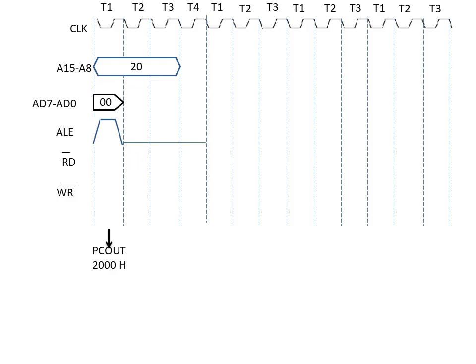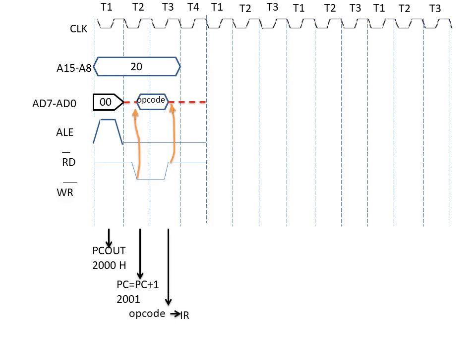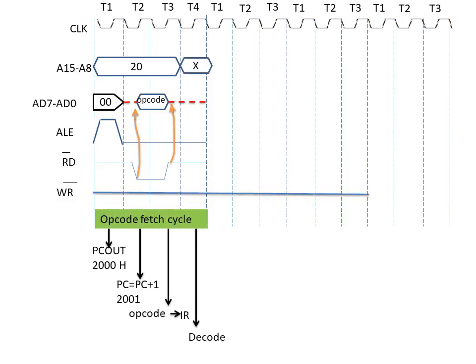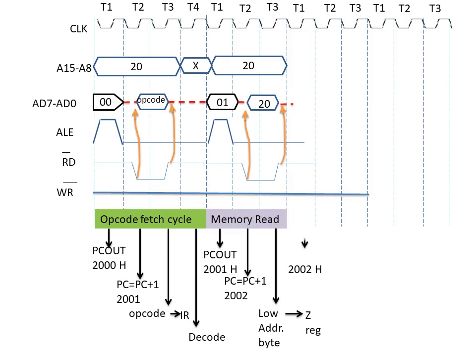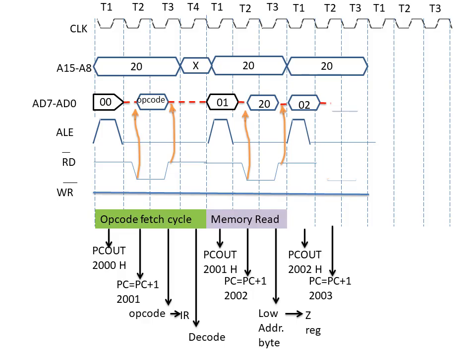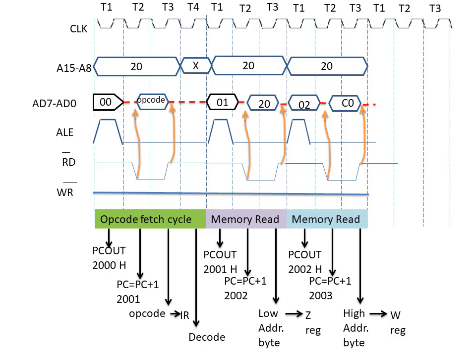Let me just have a quick look at the timing diagram of the 3 machine cycles. You can easily understand how things are changing. It is exactly the same as we discussed in the case of the LDA instruction. The second machine cycle is a memory read in order to read the low order address byte. The third machine cycle is again a memory read in order to read the high order address byte. They are placed in the W and Z registers as before, but now the last one is a memory write